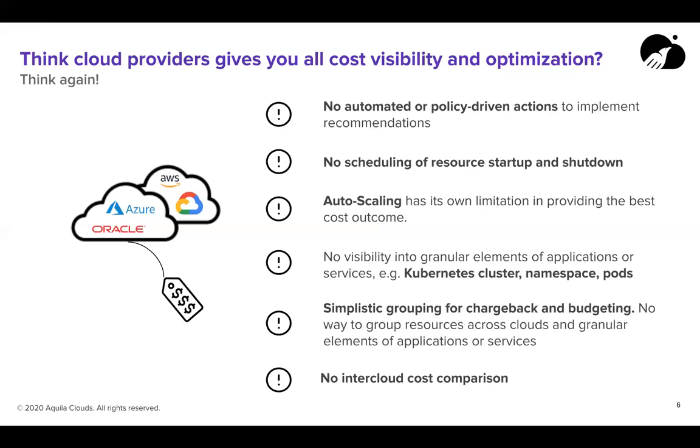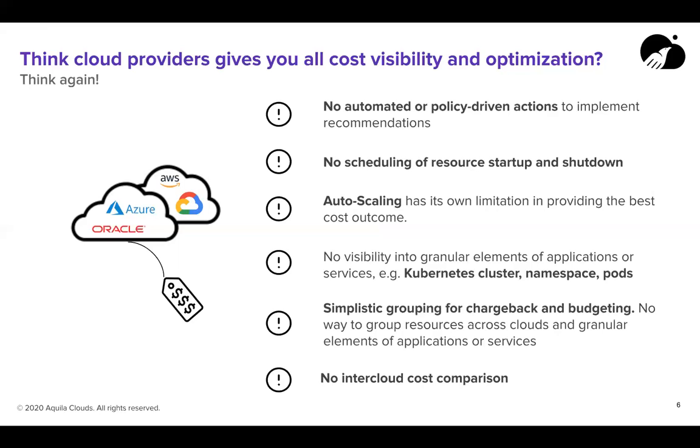Okay, and then the cloud providers also give you facilities to group resources together for reporting and budgeting purposes, but they only stay within their own cloud. So you can group some instances and some storage volumes or some bandwidth usage together, and then just call it a project. But many of these projects actually span multiple clouds these days for many organizations. So how are you going to deal with that?